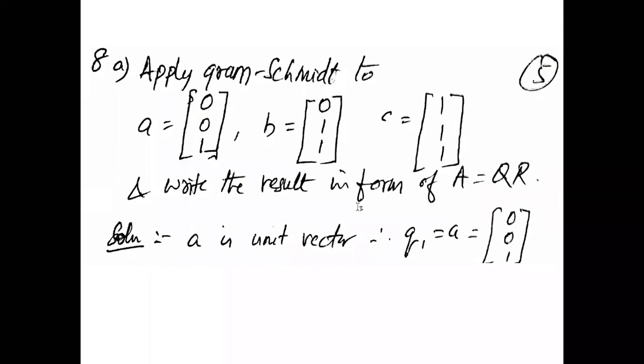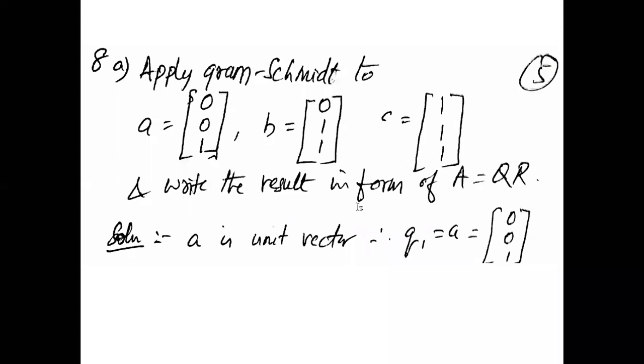So in the Gram-Schmidt process, you should remember that you need to first find the basis. The first basis is very easy to find because it is independent of previous basis. There is no previous basis. The subsequent basis Q2, Q3, Q4, and so on will depend on the previous basis which we have found. So I'll make it more clear. The first basis that we are trying to find is Q1. This is independent of any previous basis because there is no previous base. And the way to find Q1 is nothing but the vector A or the matrix A divided by the length of it.